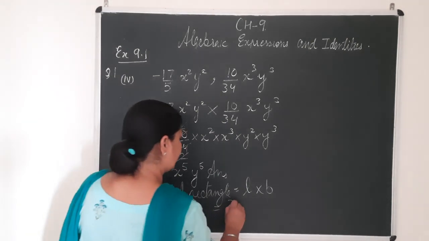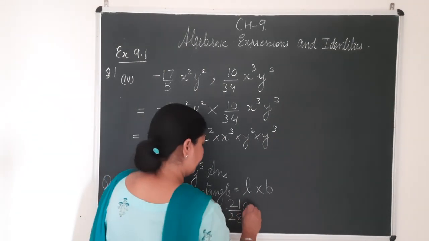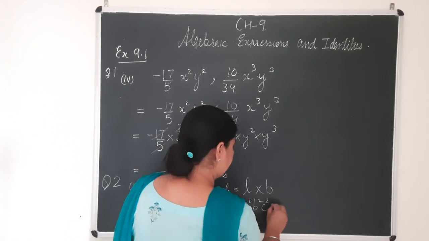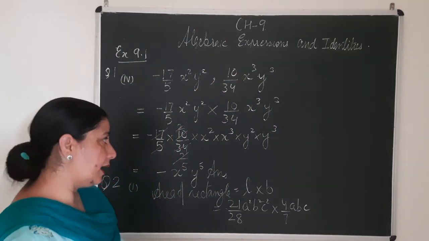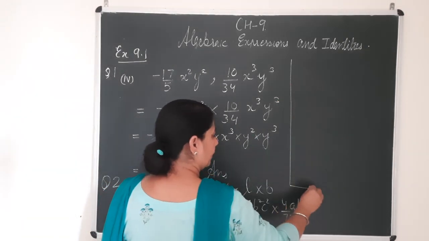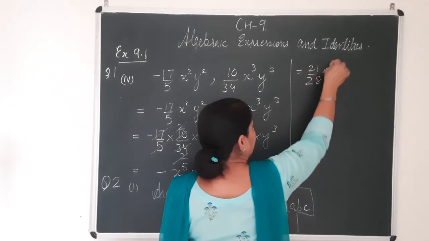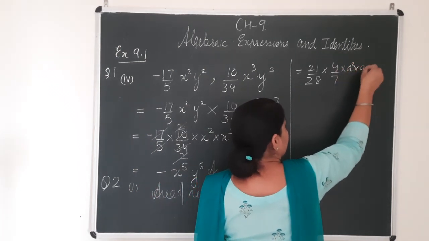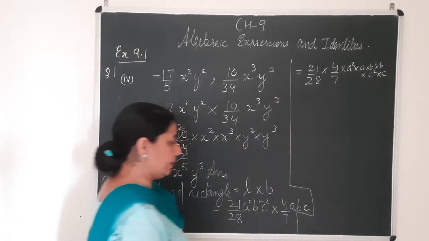Now let us put the first expression as length and the second expression as breadth. So in the first expression I have got 21 upon 28, right? Then we have a square, then b square and c square, and it is getting multiplied with 4 over 7 a, b, c. So children, again follow the same steps as done here. First of all, let me take the numbers. When I take the numbers, I will get 21 by 28 multiplied by 4 over 7 first of all, and then a square into a, b square into b and c square into c. I will multiply all of them.